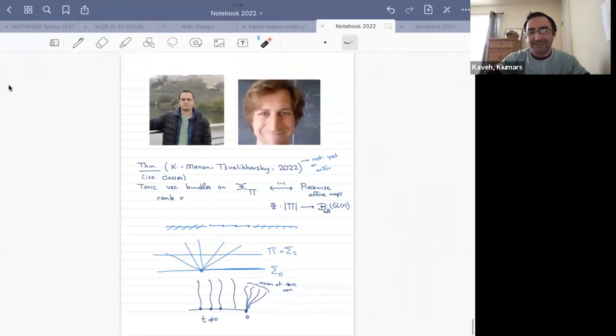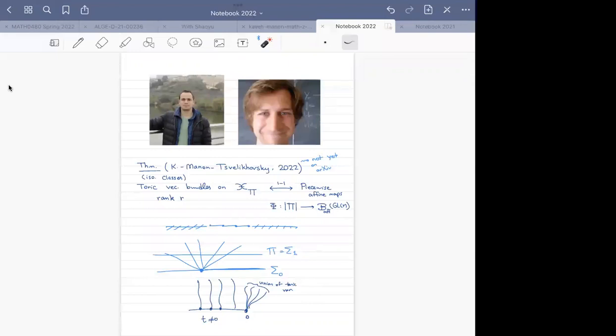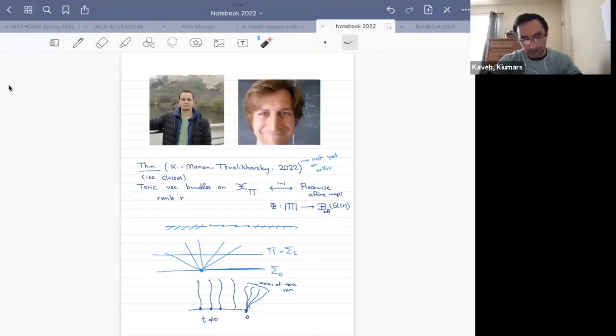Sorry if I was rushed at the end. By the way, this description of toric schemes is explained in the original book on toroidal embeddings by Mumford, Kempf et al. This is one of the classical references from the 70s about toric varieties. It's very old, but as far as we know, there is no description of toric vector bundles on this, which we present.